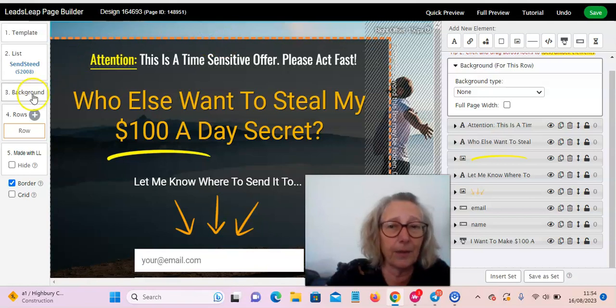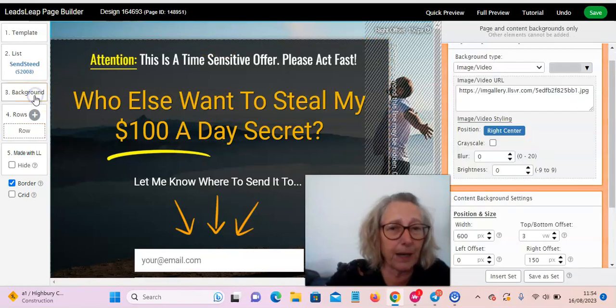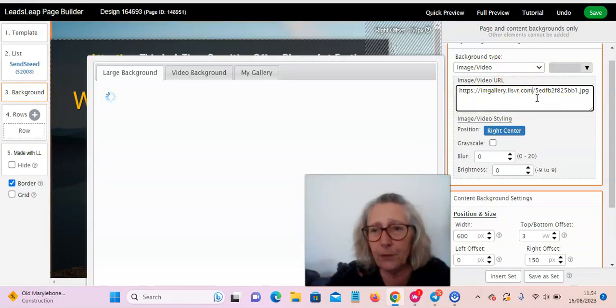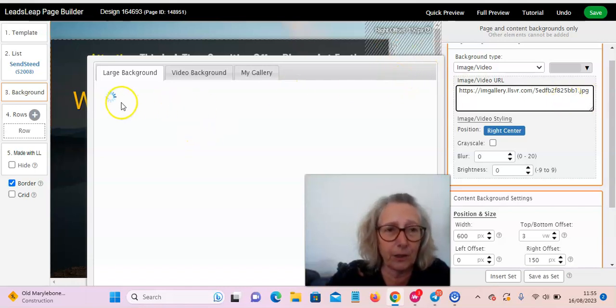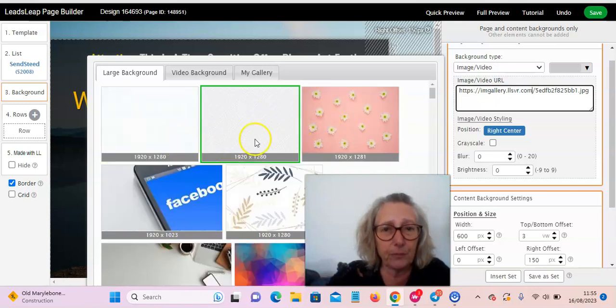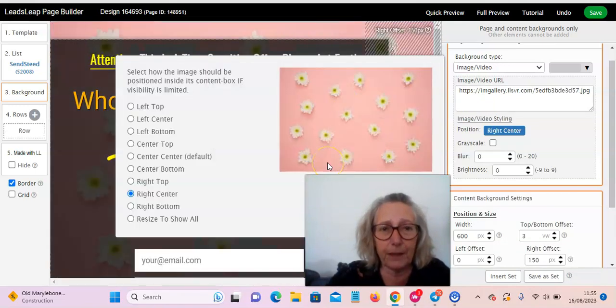And then one of the last ones I want to tell you about is background. Say you don't like the background, this is the image. So if you click there, if you don't want that image which is at the back, you can look here, and obviously it's taken a while for these to upload, but you could just decide I want pink daisies there. Okay, and so